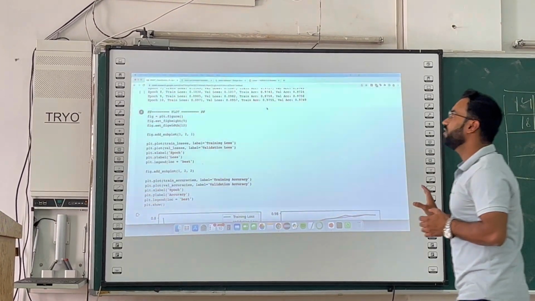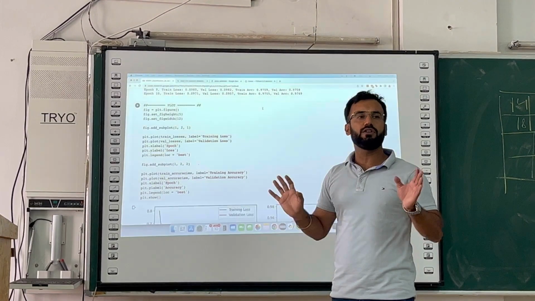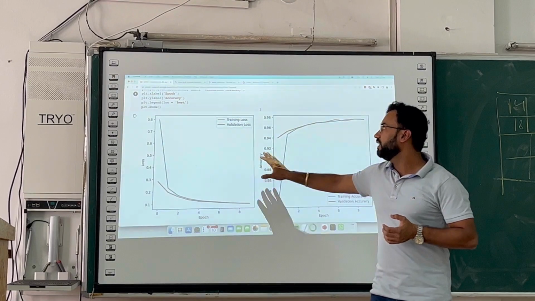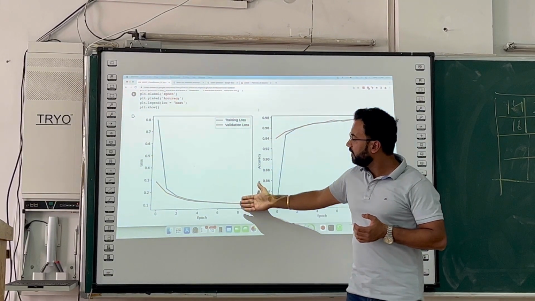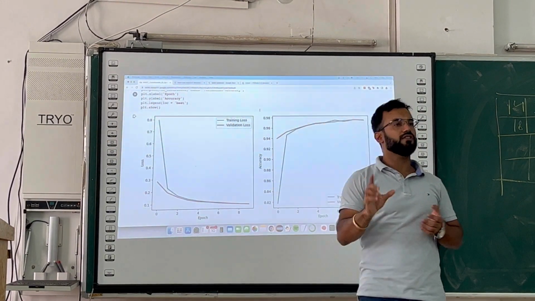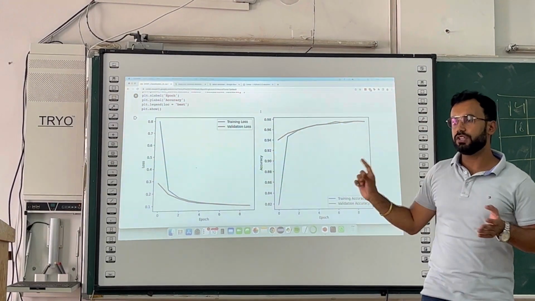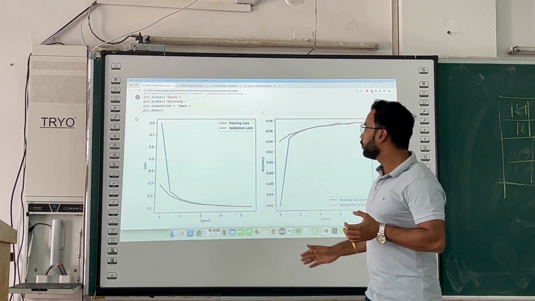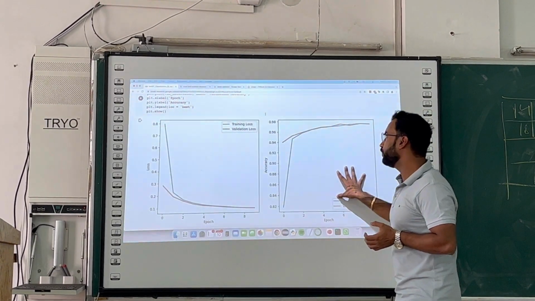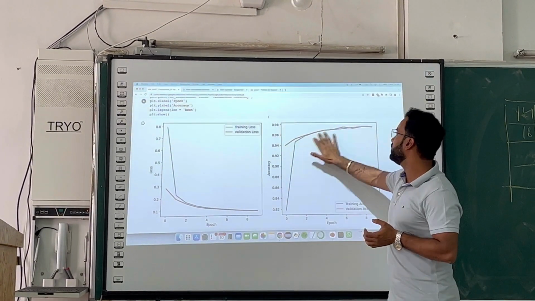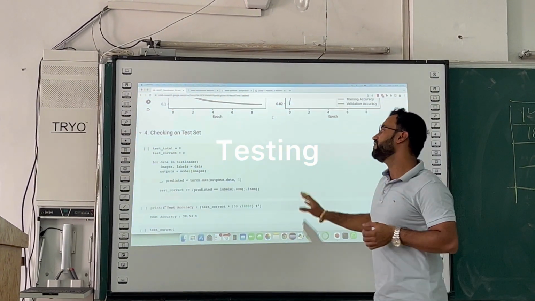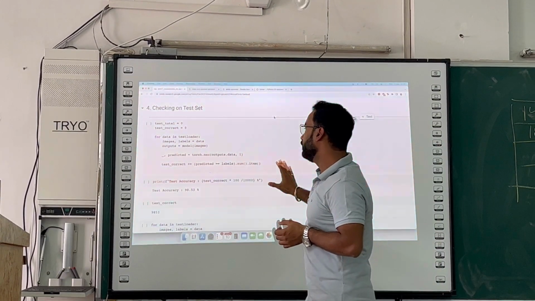Once this accuracy is achieved, we need to check the status of our model. We use Matplotlib and plot the accuracy. This plot shows the training loss versus the validation loss. The validation loss is from the validation set, which we created in the training set itself. With the increase in epochs, they are coming very close. Similarly, in the case of accuracy, as we improve, the validation accuracy and the training accuracy are coming almost the same.